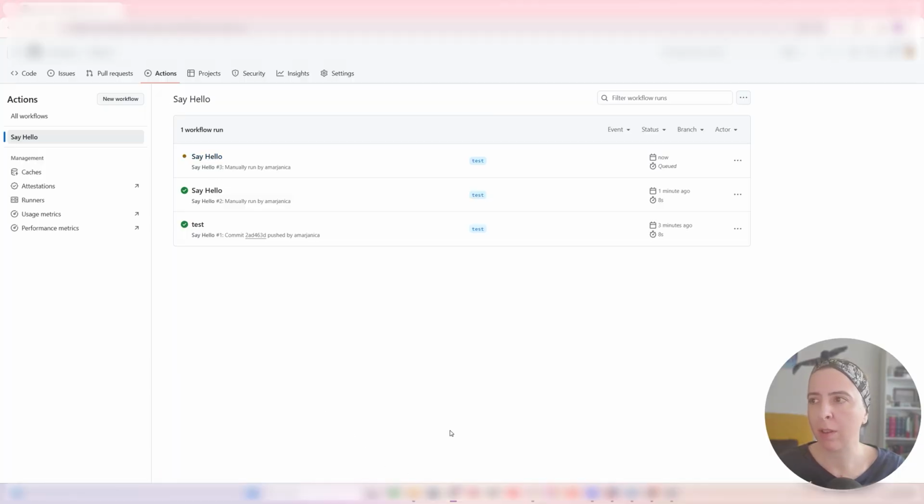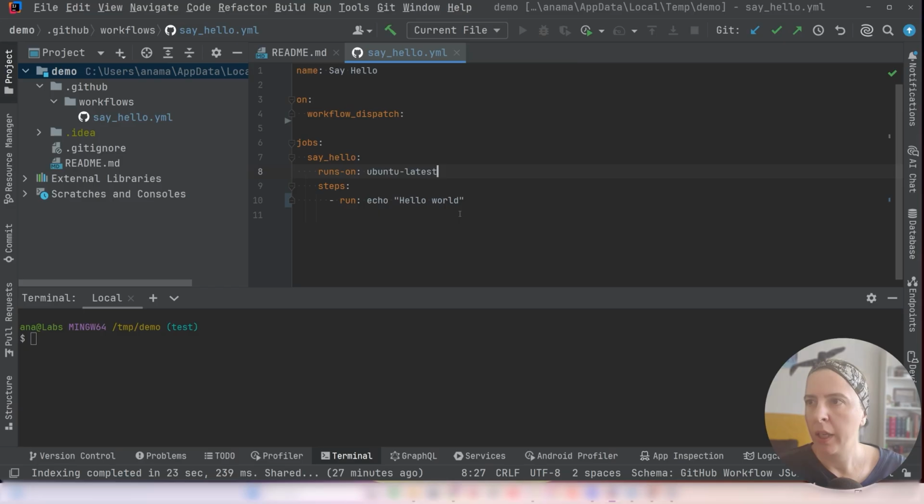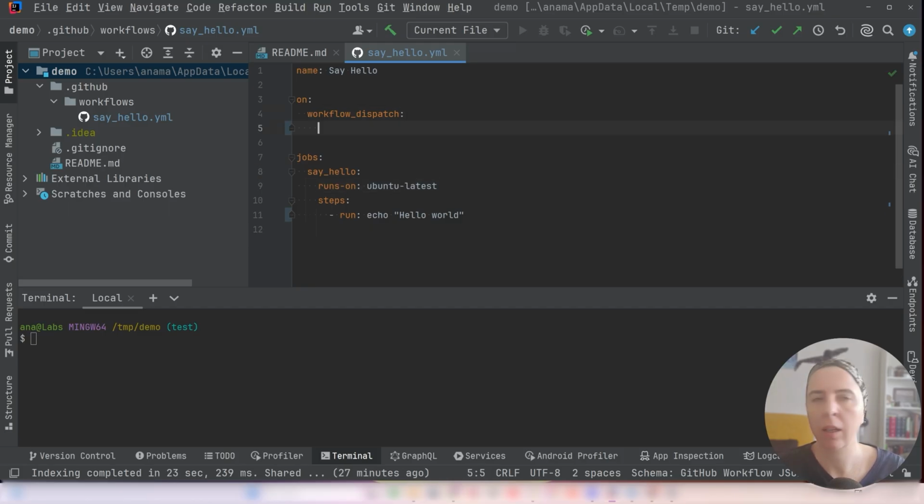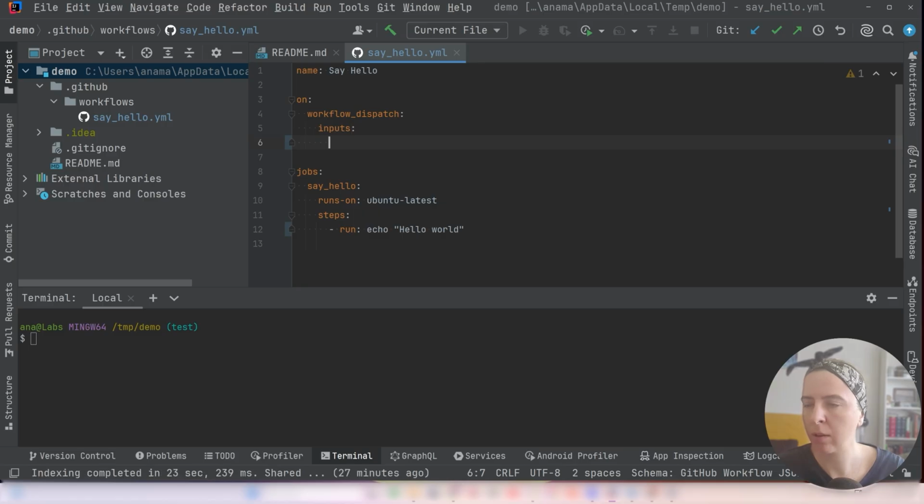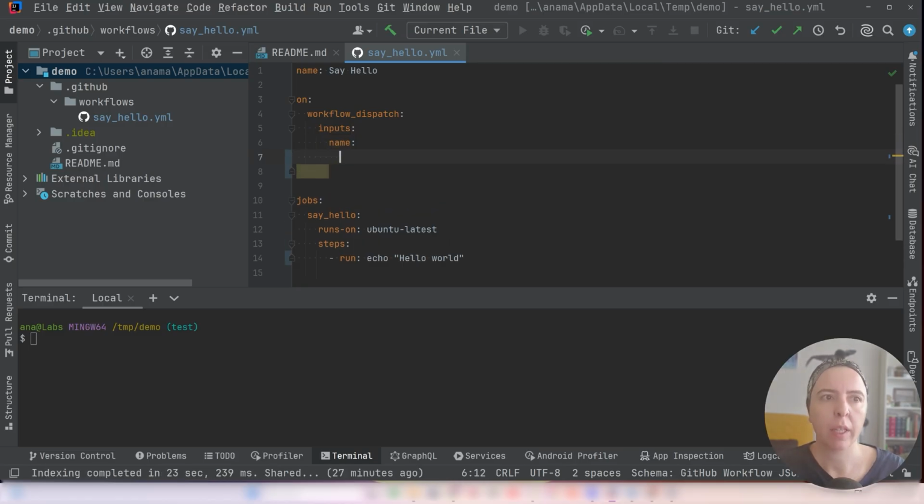The unfortunate thing with the manual workflow existing on a feature branch is that you will never see the handle, like the trigger workflow handle. For that you need to actually merge to the main default branch. And now instead of the hello world, I will tell it to say hello to me, or whatever name I give it. It will be a name,